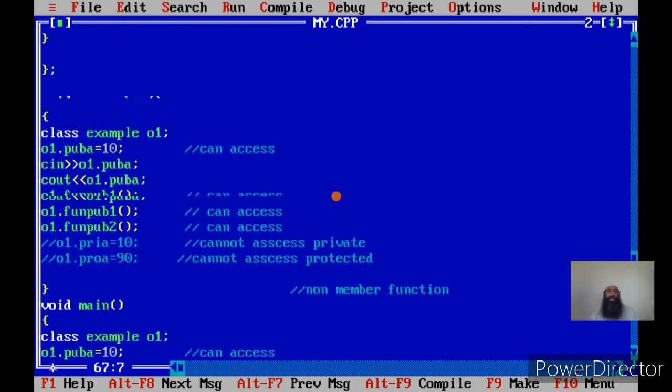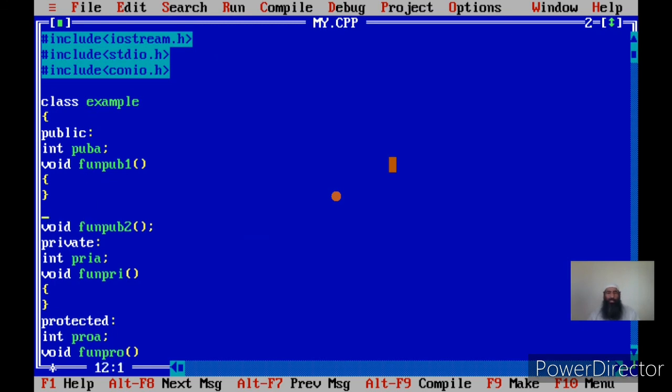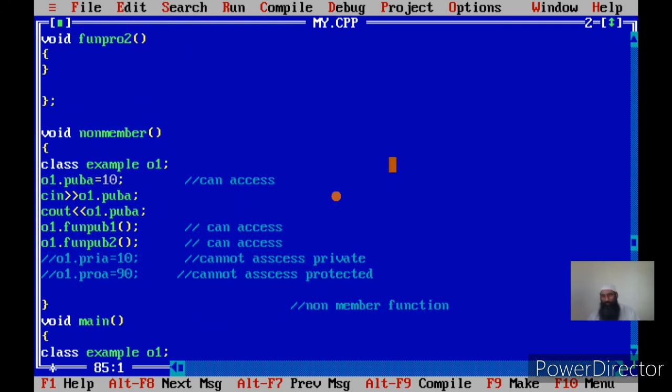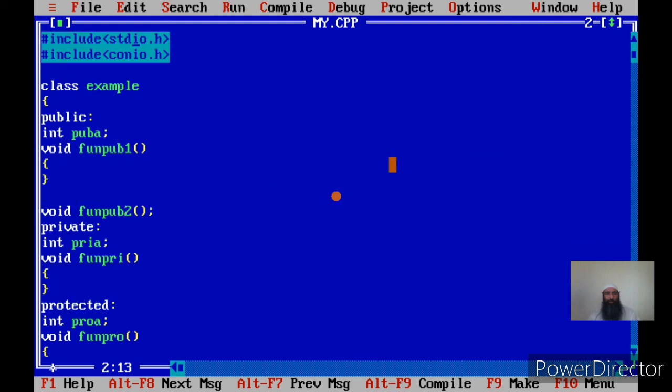What we do is that we go to the class, and in the public section of this class we write the first line of the main. You can copy it from here. This is the first line of the main, and we request the class by placing the prototype of main in the public section of that class. We say to the class example, let main be your friend. We tell it that main is your friend now.